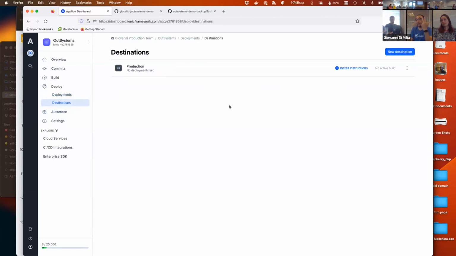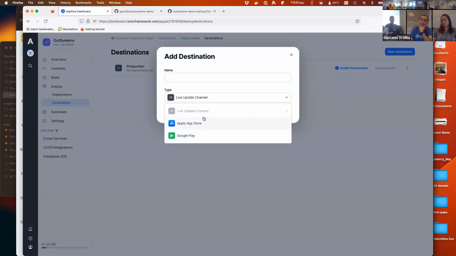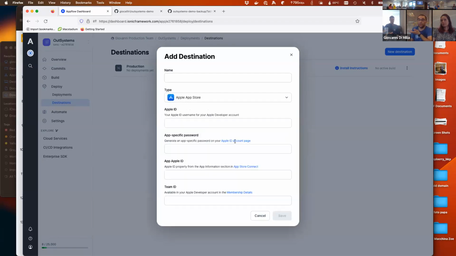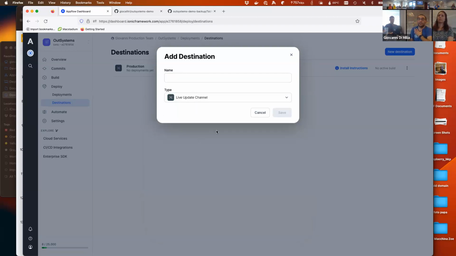The deployments are basically, well, let's talk about destinations. Like I was saying, there are three kinds of destinations: the two stores, the Apple Store and the Google Play Store, and the live update channels. Apple Store and Google Store are pretty clear. You ship your native app to the two different stores. The live update channels are for the over-the-air updates.